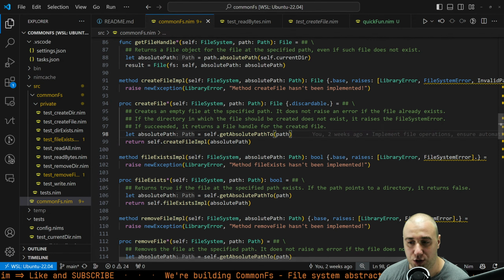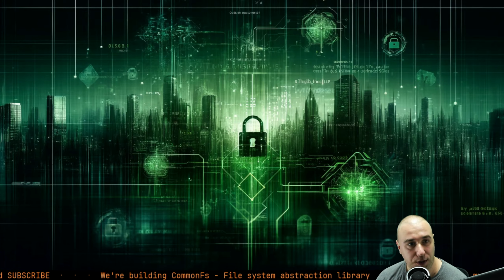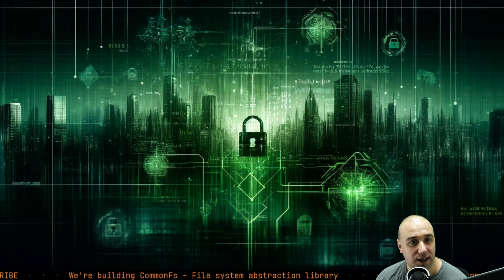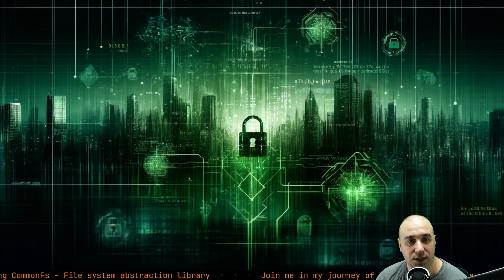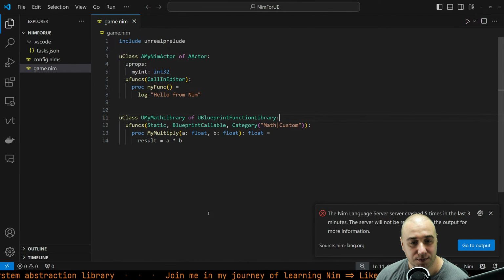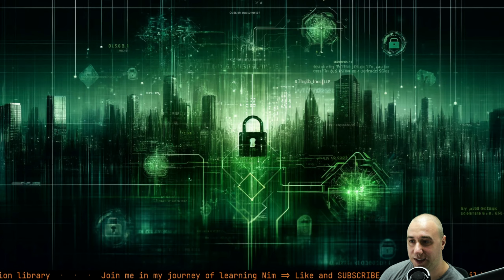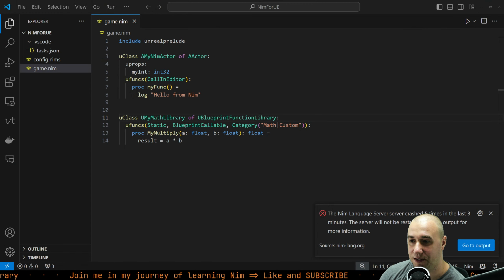Let me actually show you something. Let me just make my screen disappear for a second, as you never know what's on the screen on live stream. I better not show it to everyone. Nim for Unreal Engine, that is it. So I just opened a project, which is this very simple file, game.nim. It lives in, and again I need to black out my screen. Okay, I don't have to. Cool. It lives in